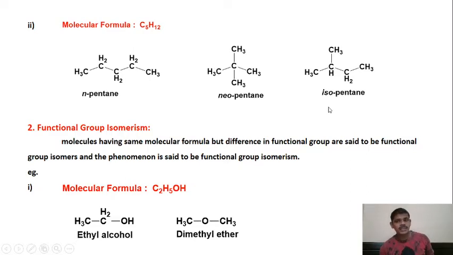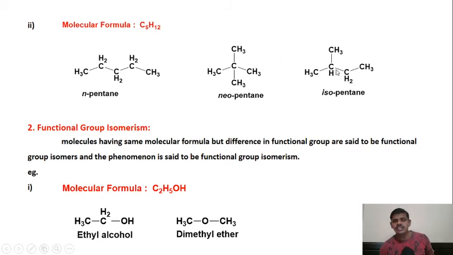Now the next example is isopentane. The next isomer is isopentane. Again we have to calculate the number of carbons here: 1, 2, 3, 4 and 5 carbons are there. Now the hydrogens: 3 plus 3 is 6, plus 1 is 7, plus 2 is 9, plus 3 is 12. So 12 hydrogens are also there. So it also has the formula C5H12, but the arrangement of the chain is different in all the